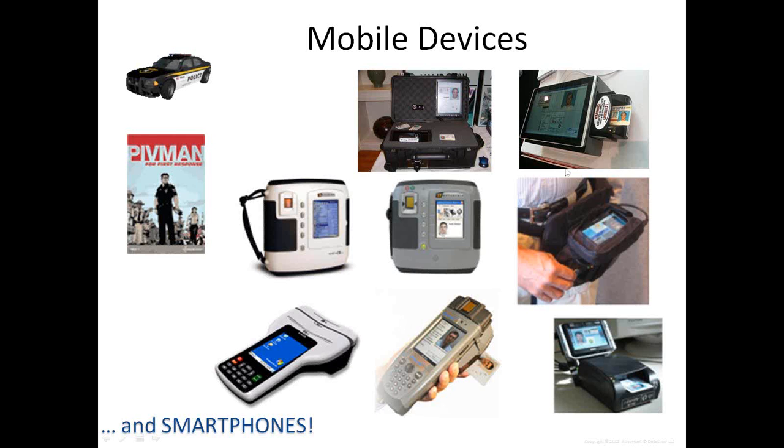PIV-MAN was used some years ago when they had a bad airplane crash in Virginia Beach, where they were able to validate all of the first responders that had smart cards and all types of credentials. That's what PIV-MAN is, this type of device, where they were able to validate the identity of a person issued with very strong